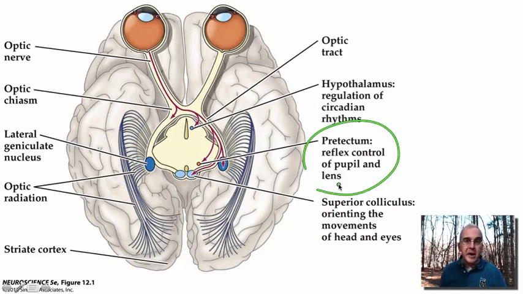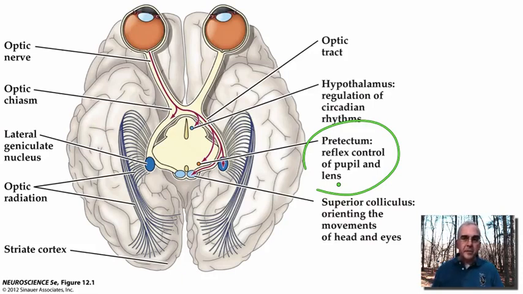Actually, it's a set of nuclei called the pretectal nuclei, and these nuclei are involved in accommodation. And this involves regulating the constriction of the iris to change the diameter of the pupil, as well as governing the activity of the ciliary muscles that will either allow the lens to round up if it relieves tension on